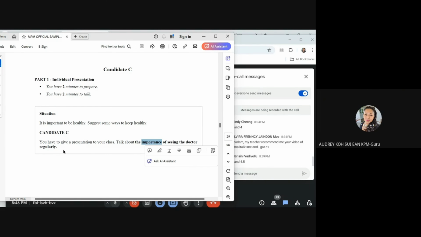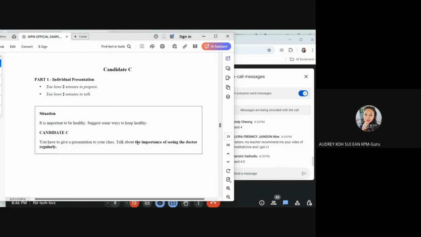The first one is that prevention is better than cure. So if you can put in a proverb, you will instantly jump in terms of bonus marks. Okay? Prevention is better than cure. A healthy body is a healthy mind. What else? An apple a day keeps the doctor away. So you throw in proverbs to show that you are really fluent in the language, and you have really